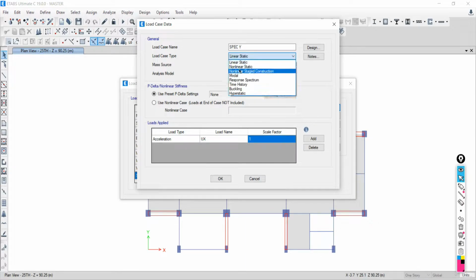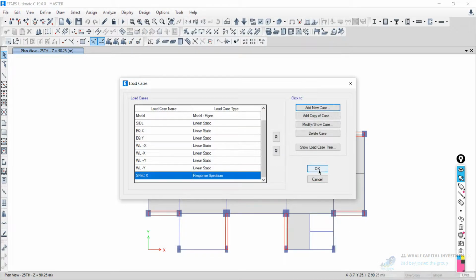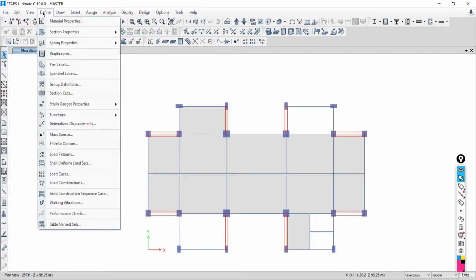Sorry, first change it to response spectrum. Now it will be okay. Acceleration U1, it will be IS 1893/2016. Scale factor will be, actually we need to say okay, go to define, go to load cases.